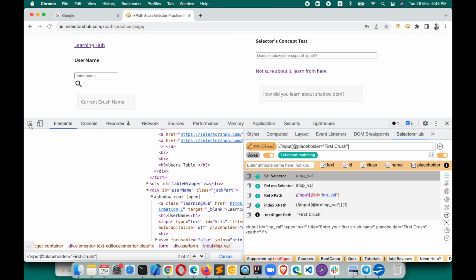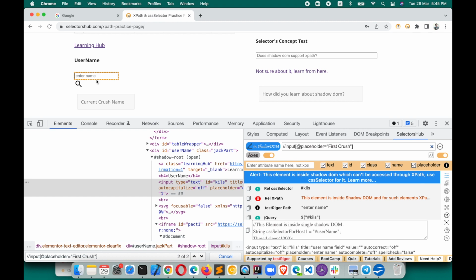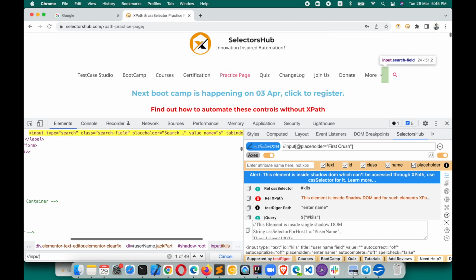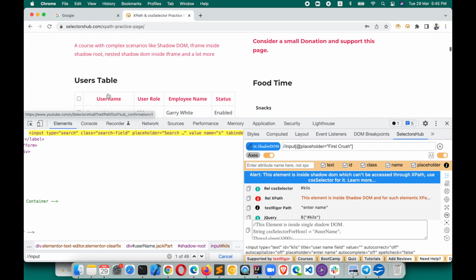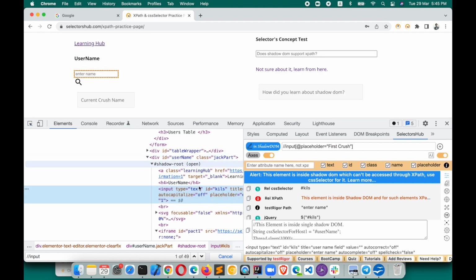Another concept, let's say if we inspect, and you must be thinking that we can verify this in console as well. Even if you verify this in console, there also you might face this challenge. I will show you that as well in console. So suppose you verify this element here. Now if you try to write XPath for this element here, you will never get to know. This is a big challenge that in DevTools you used to scroll up and down and you have to inspect multiple times. Let's say ID is there,